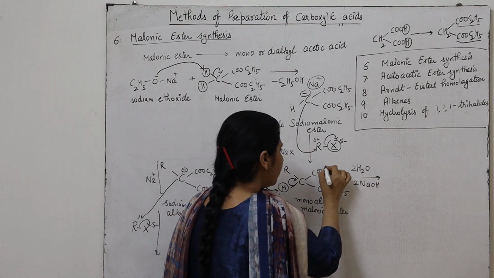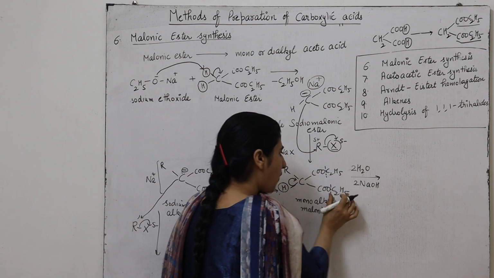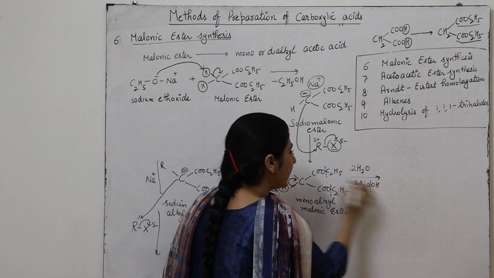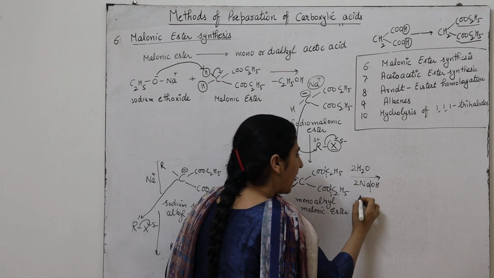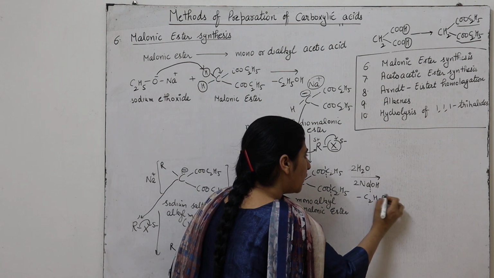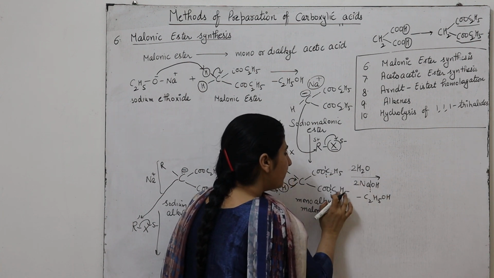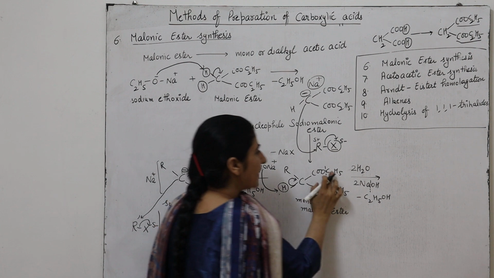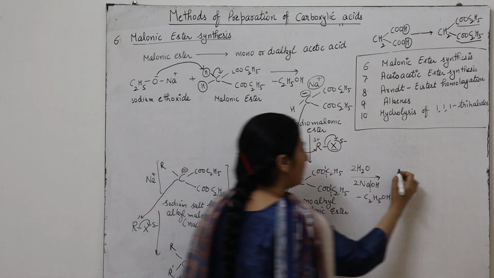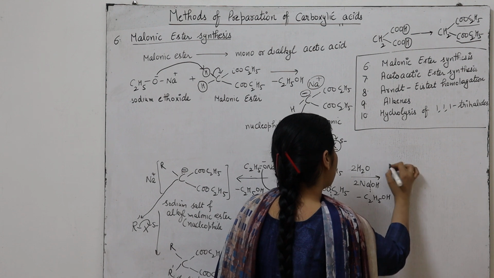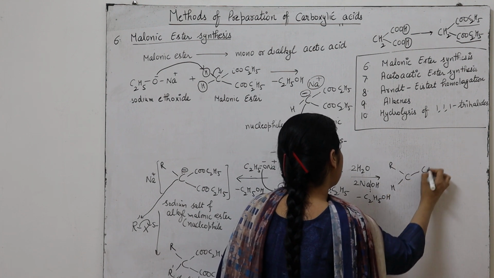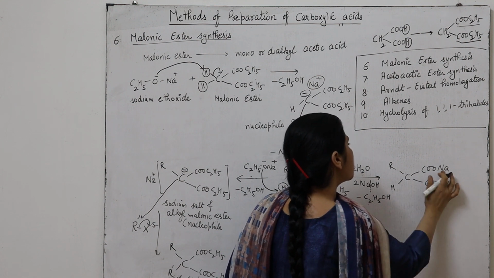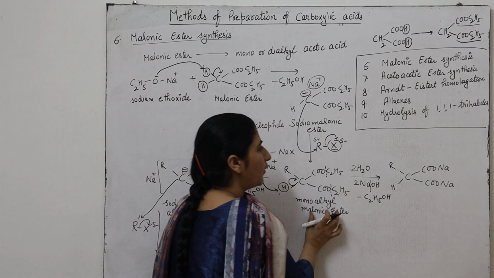So in this case there is a breakage of bond. These two ethyl groups combine with OH negative and are eliminated in the form of ethyl alcohol, and these two sodium atoms are attached to the ester COO group, meaning the ethyl group is replaced by the two sodium atoms. So we get R, H, COONa and COONa. Again, this is a sodium salt of monoalkyl malonic acid.